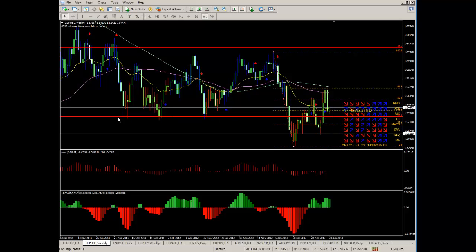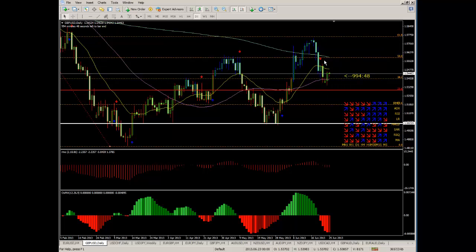If it got below that, you can see there's a major support level over here. If we get above that and we remain above this 23.6, there's always going to be a likelihood for price to move to the upside. But this bearish engulfing candle didn't do much to actually help sentiment, and you can see that we're consolidating now, but it's still above the 23.6. So very, very important. As long as it maintains above 23.6, then ultimately we should be looking for a potential bounce back towards the moving average on our daily,